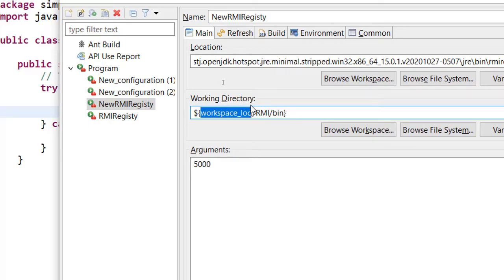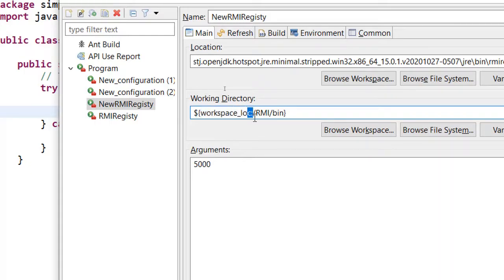Currently I am pointing this workspace of Eclipse to your E drive, so it will replace it with this. You can think of this as a built-in variable of your Eclipse. Eclipse uses many built-in variables to automatically run and build your projects, right? You will encounter more of such variables when you switch over to Java Enterprise Edition. So this will be replaced with the location of your workspace.